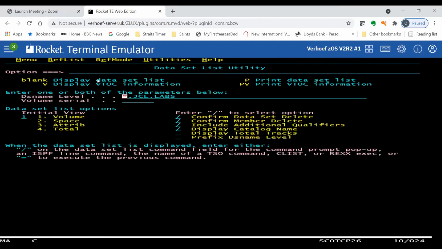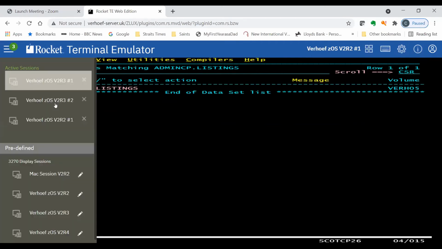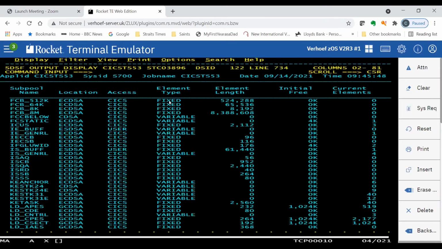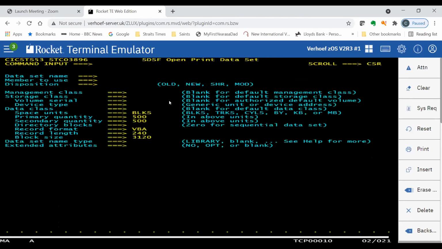I want to look at everything I run. I do an XDP to my listings file. So I come out of SDSF, and I can say, well, I want to keep this data. So why don't I do an XDC and write it to my listings data set under a member name that means something, so I can go back and look at it later.